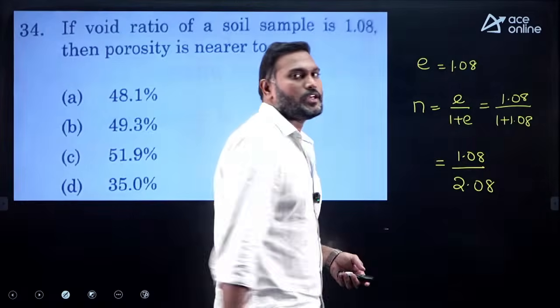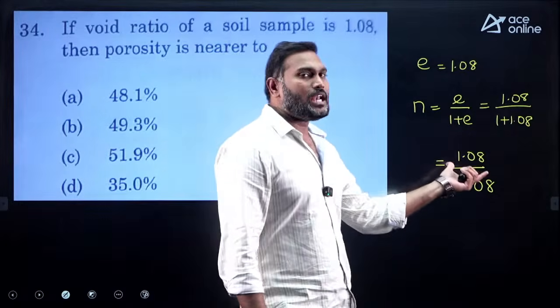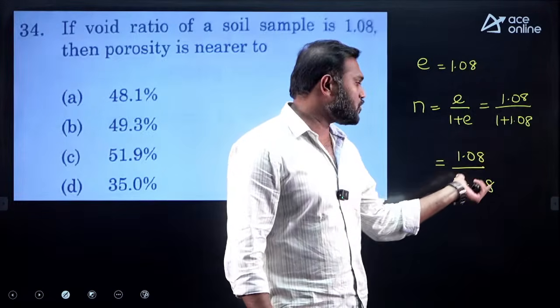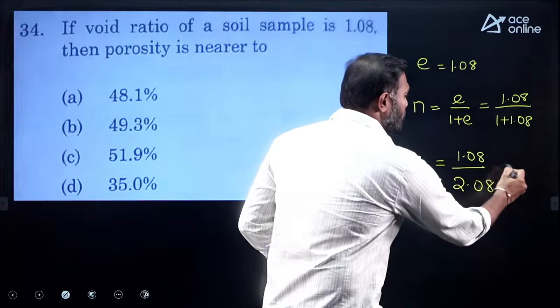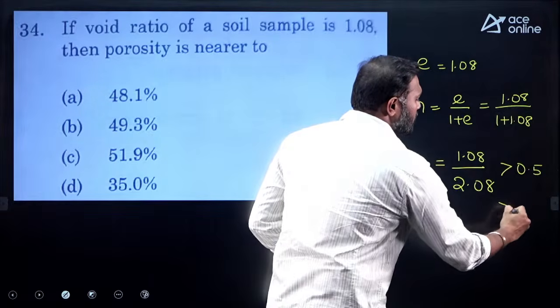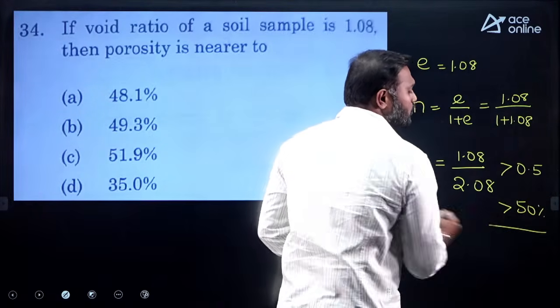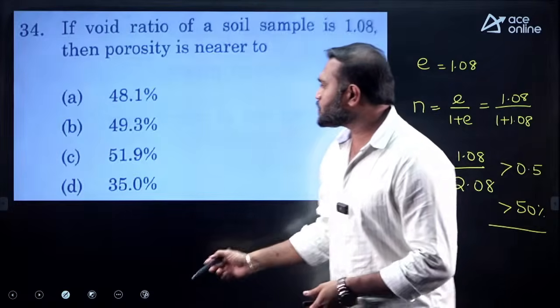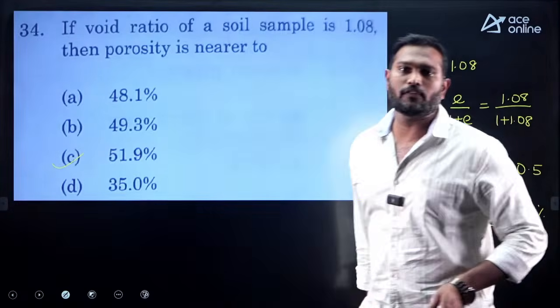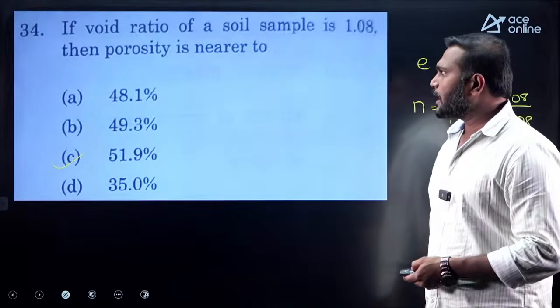If you observe carefully, whatever the value, 1.08 by 2.08 is just more than half, which is nothing but more than 50%. So see the options. Out of all the options, the only option that is more than 50% is option C. Next,